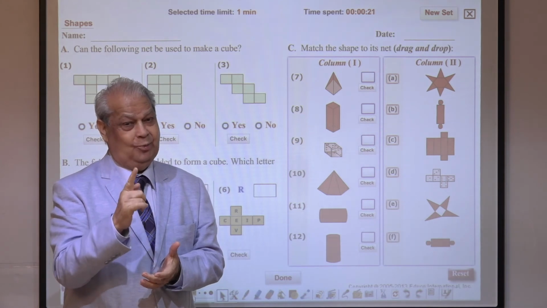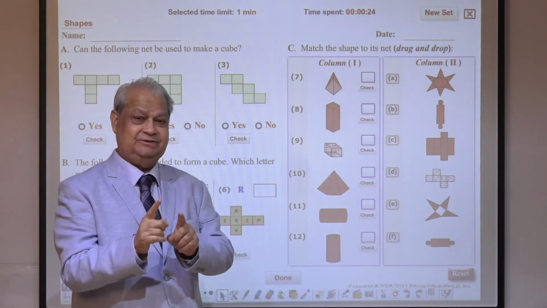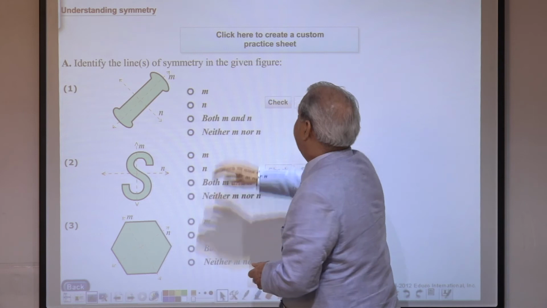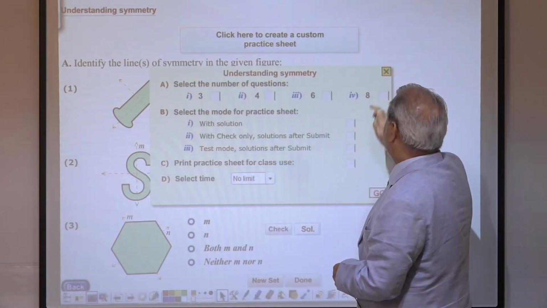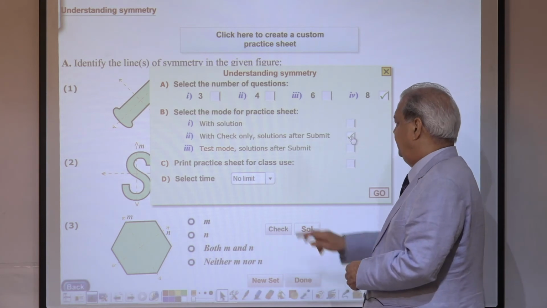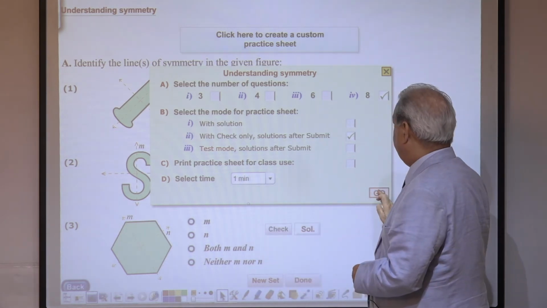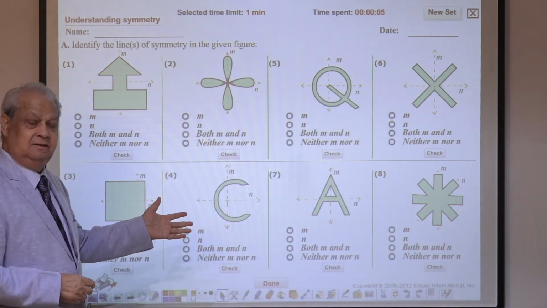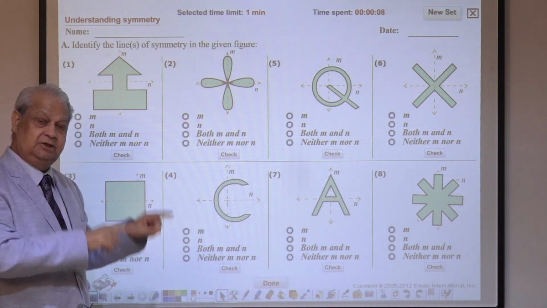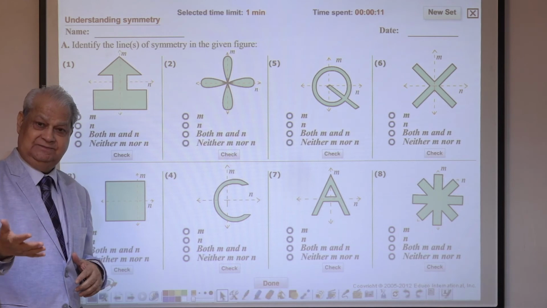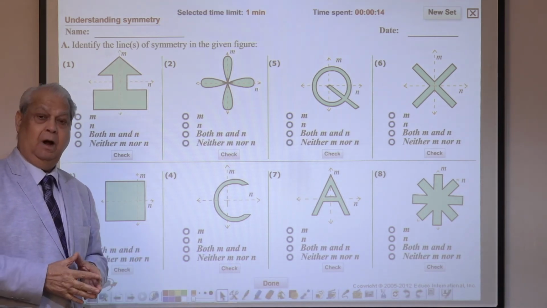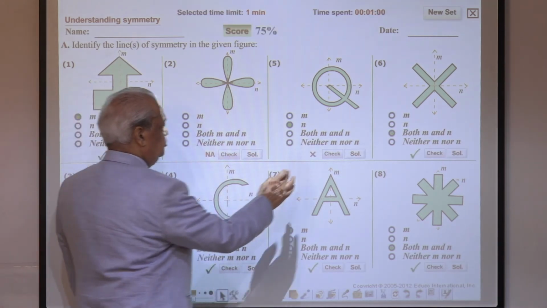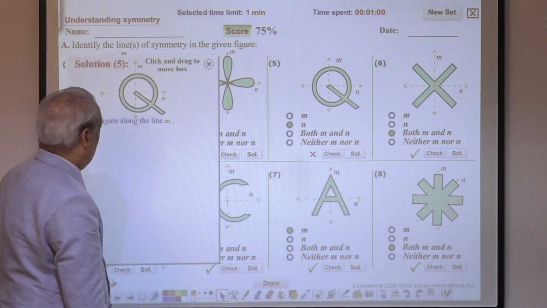Engagement at home, online, in the class discussion. So these are, let me go back. Again, supposing I'm asked to pick up 8 questions. I want the check mode. I can finish it in 1 minute. Click and go. So you have 8 questions as you selected. This customized practice sheet, the teacher can create and print for the class if you don't have a lab, or students and the teacher do it online. But then check the solution for this and understand why I answered wrong.